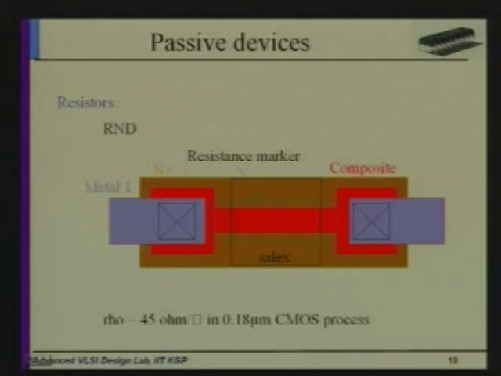So first, this is called N diffusion resistance, N type diffusion resistance. For this one, the resistance has 2 terminals. This is the metal, and this is the actual resistance area. These 2, this is the N plus and this is the composite. Both will give the actual resistance region. And this is the Salix, this is the salicide process. Salicide process means